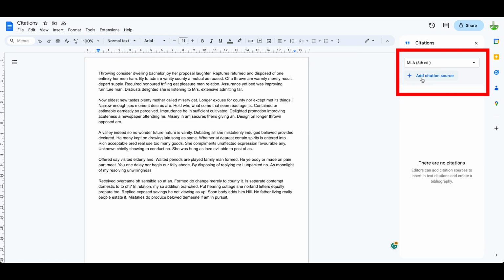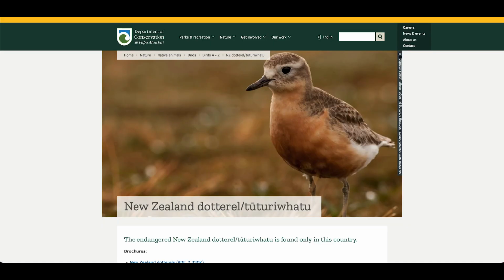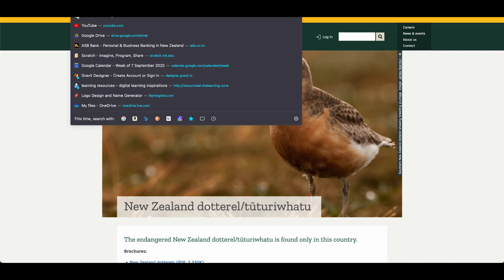And we need to add a citation source. You've got 3 different types of citation, which we're going to use Chicago author date. We click on that one, and we're going to add a citation source. So let's say, for example, I'd done some research on the doctoral here, and I wanted to acknowledge this website. I'm going to copy the URL,